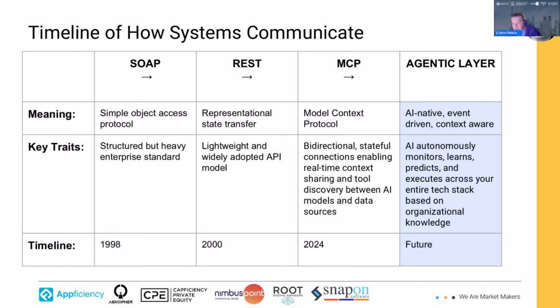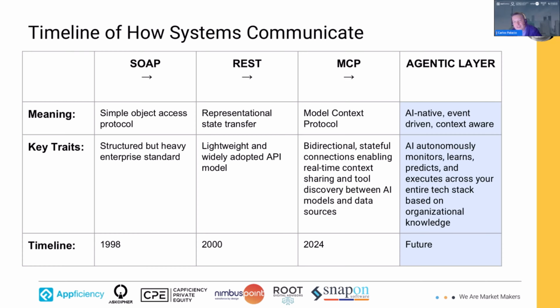Then in the 2000s, we have REST, Representational State Transfer, very lightweight, widely adopted, and pretty much the standard for the APIs model that we currently use, but not enough for what we are seeing in AI. So now in 2024, we start seeing the Model Context Protocol, MCP, and that is currently how it's being framed for AIs and the tool sets and the access of the systems.